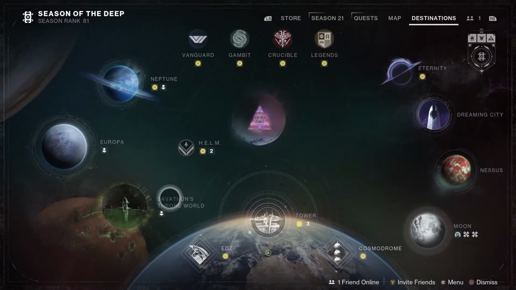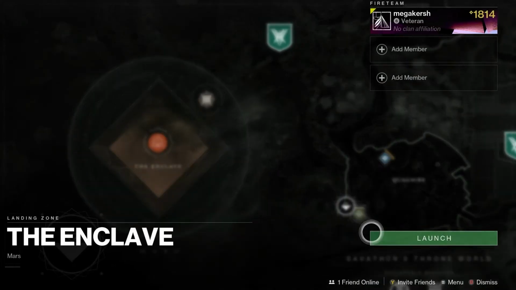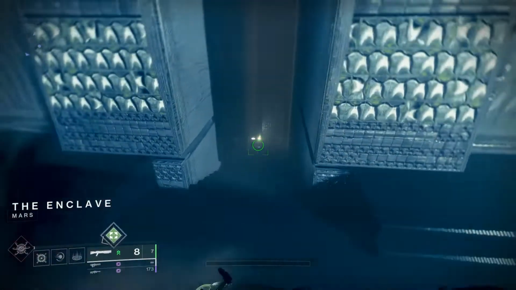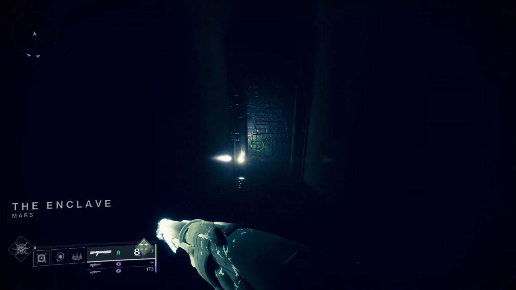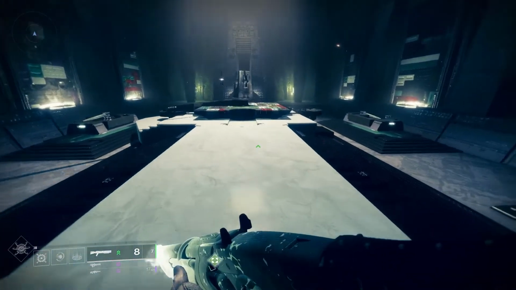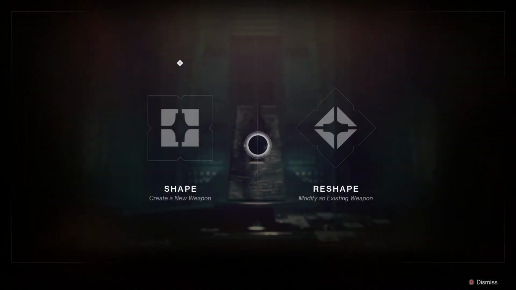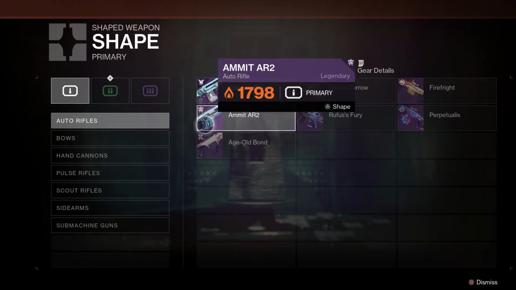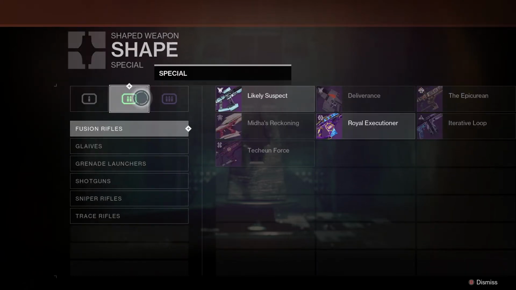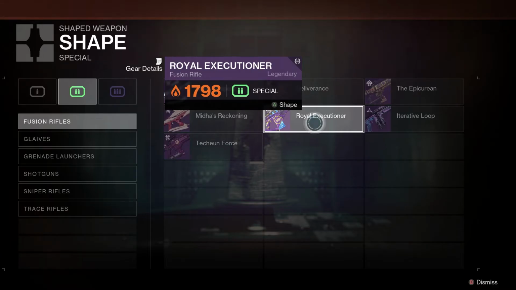Well, next up you can craft weapons on Savathun's Throne World if you have the pattern. So head on over to Savathun's Throne World and select the Enclave. Land there, make your way to the left, and there you've got the crafting station. You're going to need weapon patterns to craft weapons, but you should get a tutorial for the Amit AR2. That will run you through all the basics of how to craft a weapon. To get other patterns from weapons, you want to collect red bordered weapons. Normally, you'll need anywhere between 3 and 5 red borders. Once you open up those red borders, you'll get the weapon pattern, and then you can craft that weapon at